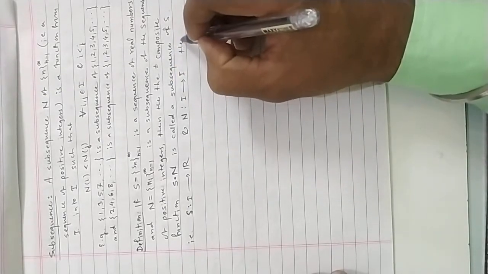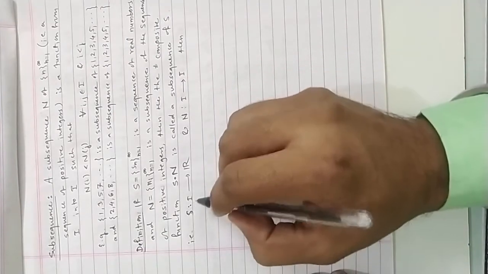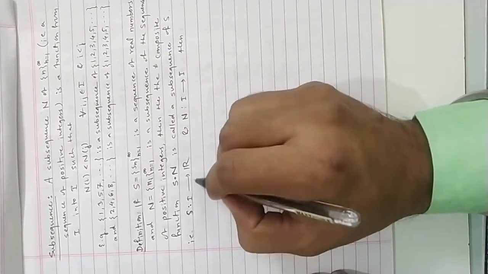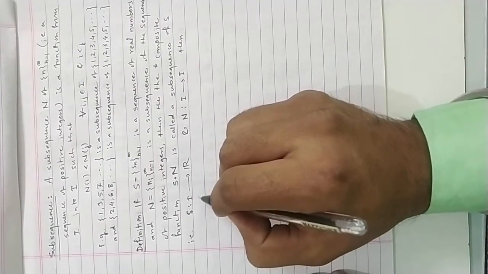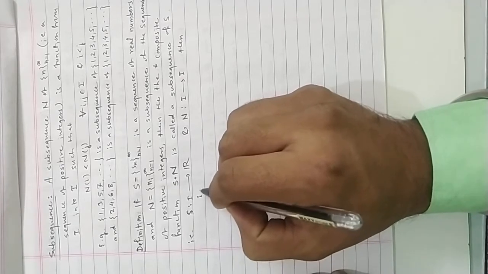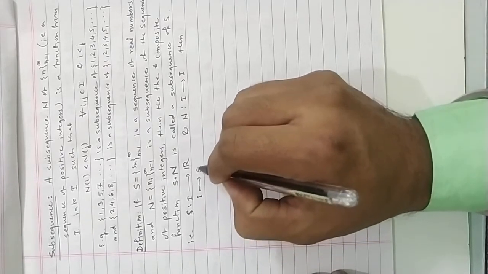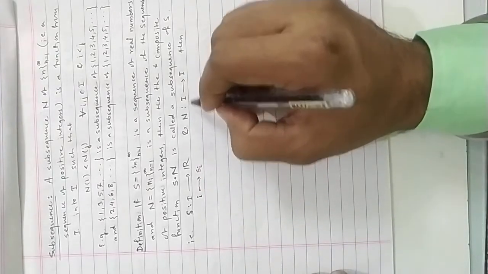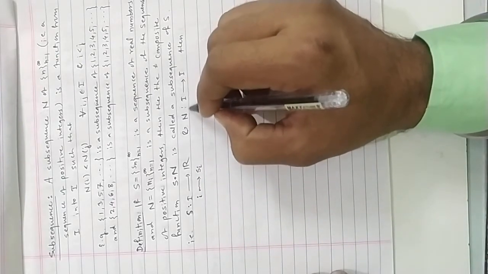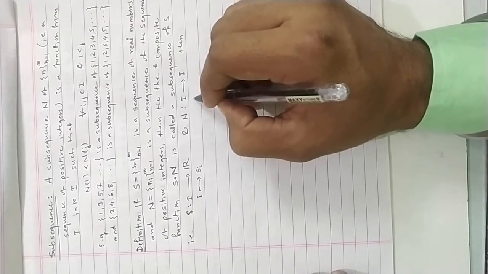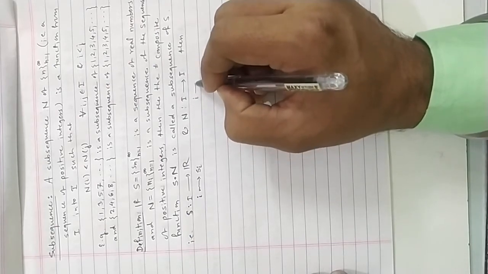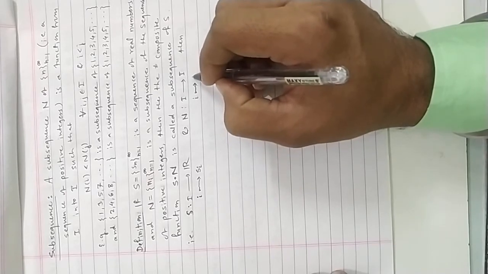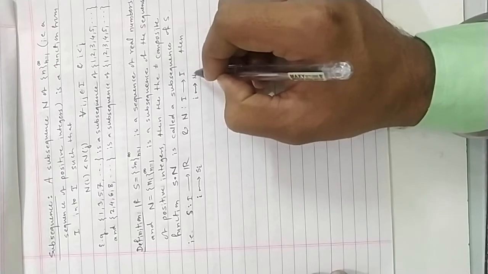Then under this map, positive integer I will map to some real number Si, and under this map n, it is a subsequence, so I maps to some ni,